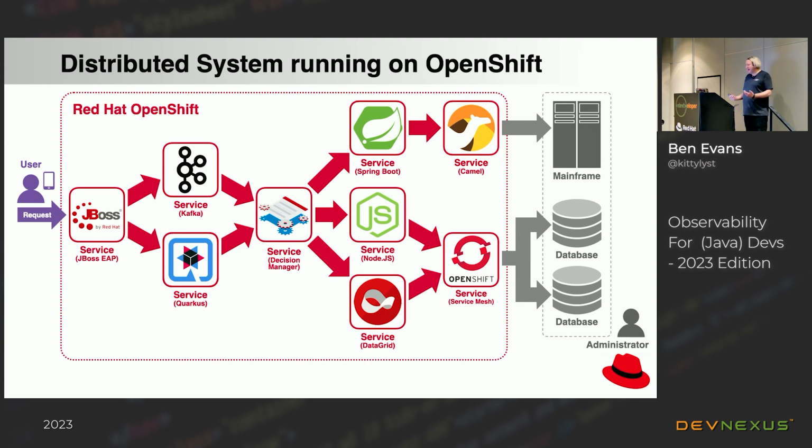Because I work for Red Hat, I'm obliged to show you at least one slide with OpenShift on it. So here we are. A distributed system these days looks much more like this. You see there's lots of components. The layering structure we saw in the 3-tier app is gone, and now there's just a bunch of things calling each other. They're not even all Java, which is also interesting, which I'll come back to. Those days are also gone. The days where a company was purely Java and that was all they did, front to back, are also gone